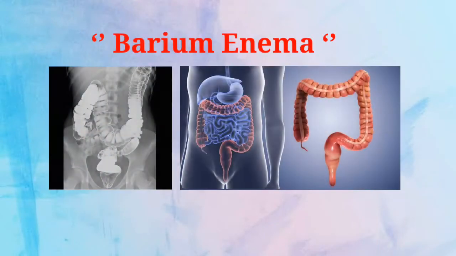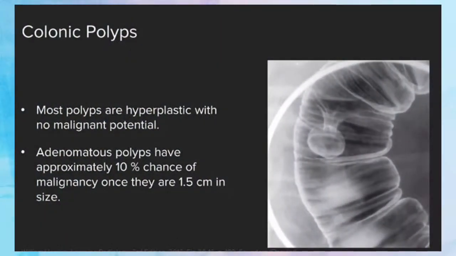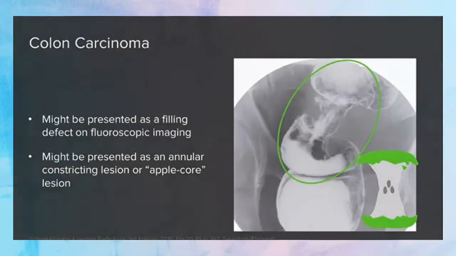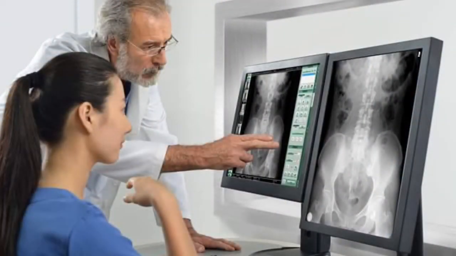Today we read about barium enema. Barium enema is a special type of X-ray used to examine the large bowel, colon and rectum for problems such as polyps, inflammation and tumors. Normal X-rays do not provide a clear image of the bowel, so a substance called barium sulfate is used to produce a clearer picture.